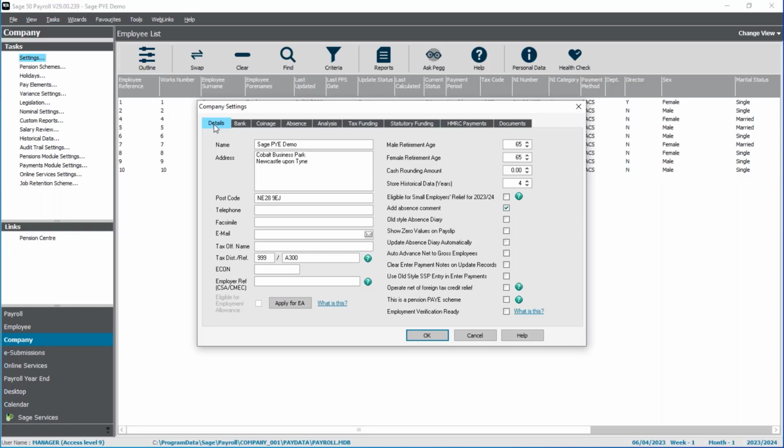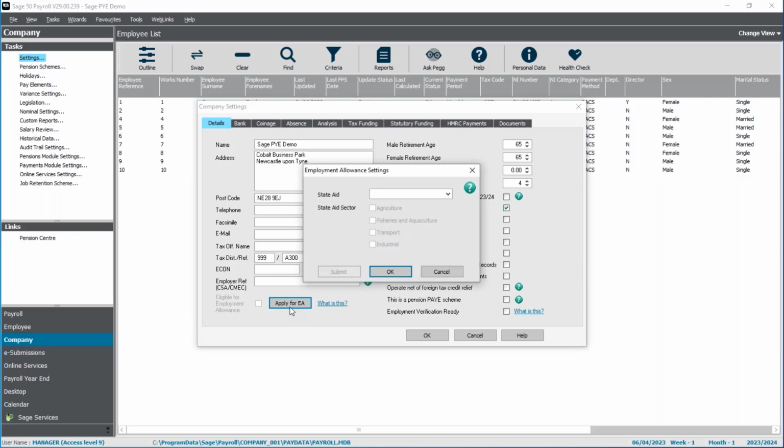So I've checked and I am eligible to claim employment allowance. So all I need to do is click apply for EA. And then I need to answer the question about whether state aid limits apply to my employment allowance claim. Now this used to apply to most claims. However, changes that have come in since Brexit means that state aid limits are only applicable for businesses located in